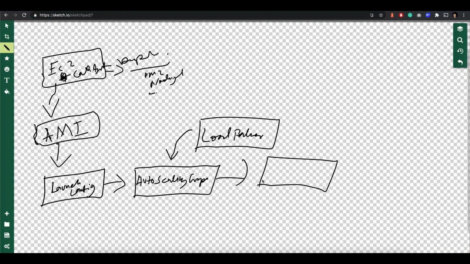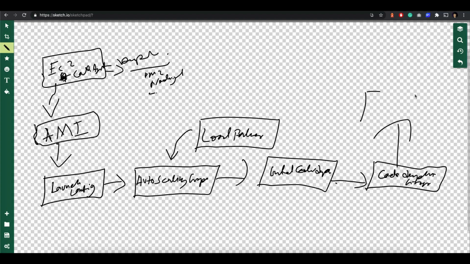Then we created what? We created one CodeDeploy application. Then we created a deployment group. And then we created one deployment, and that is what we are running. Right, this is the entire flow.